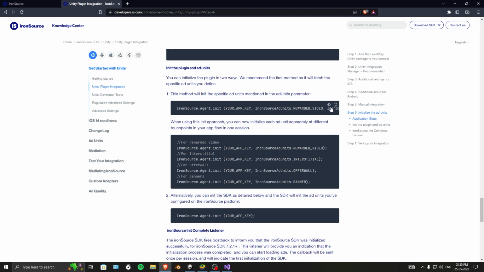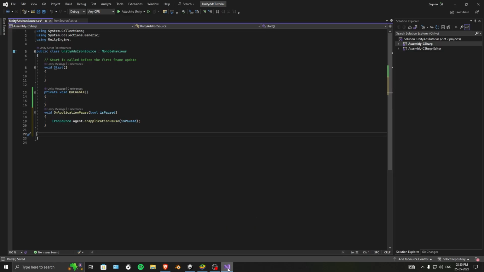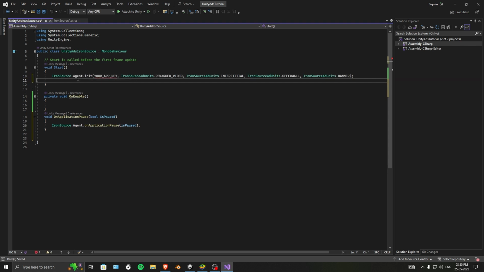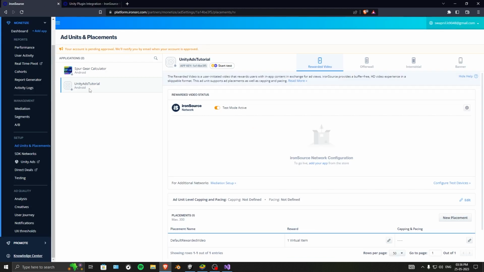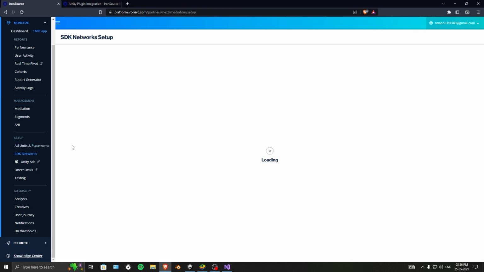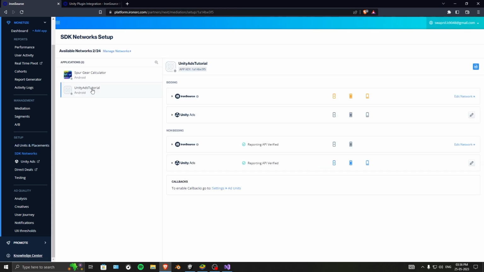Now to initialize, this is the first syntax, the code by which you can do that. If I plug this in the Start method, you can see IronSource.Agent.init. This is asking for your app key. Now what is your app key? If you go into your IronSource, go to the SDK Networks, and then click over here, as you can see, the app key is over here,